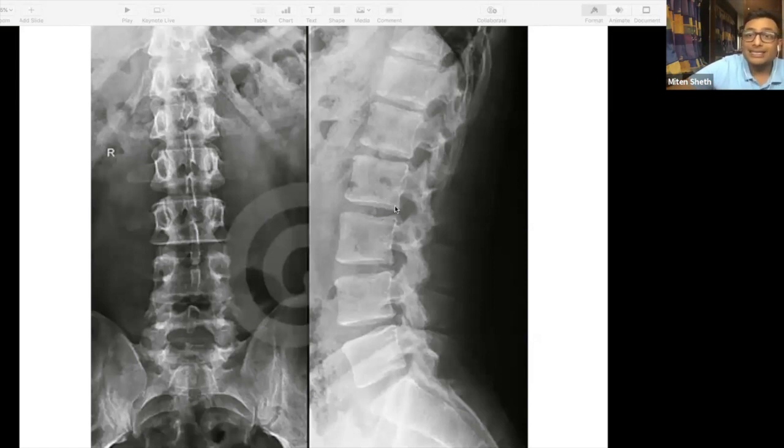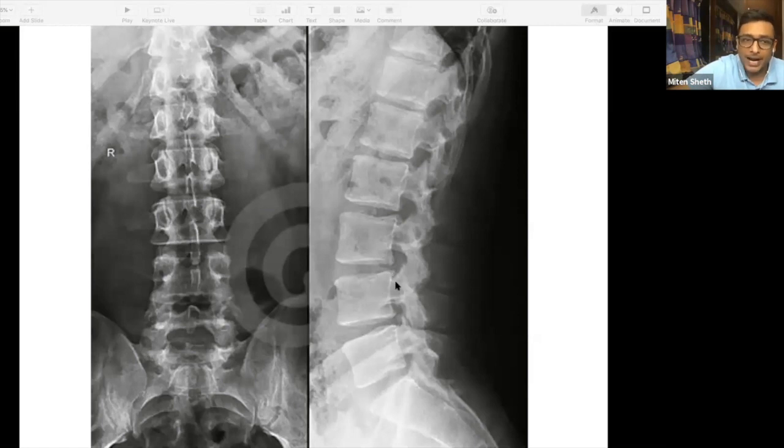If there is a listhesis, then one body will be shifted ahead of the other body such that the posterior borders will be different. Okay. Then the next thing that you have to see is grossly the appearance of the body. How are they looking? Are they looking like normal bone? Are they looking whitewashed, meaning hardly you are able to see bone and you're just able to see the periphery? Are you able to see all the standard landmarks, which means are you able to see the body?